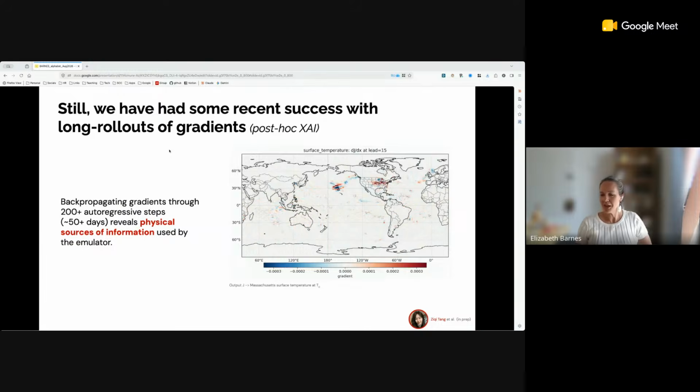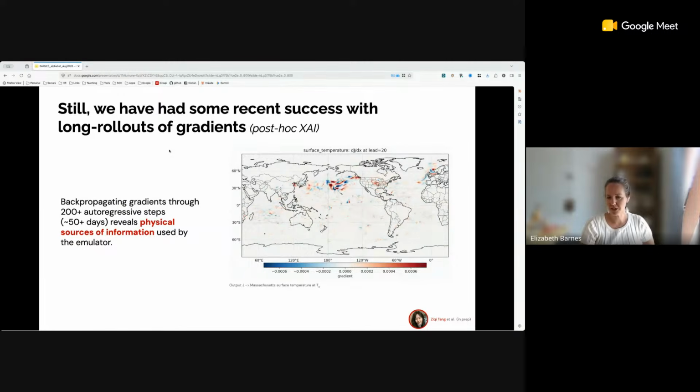And what you can see is, when you're right near the time that, if you will, T0, the most sensitive regions for that output are right around Massachusetts. But as you go backwards in time, go backwards through the rollout, you can see the impacts move west. And what that's telling you is that the further back in time you go, the more west the gradients were high, which is exactly what we expect, because weather over North America tends to come from the west and propagate east. We can talk about why that is.